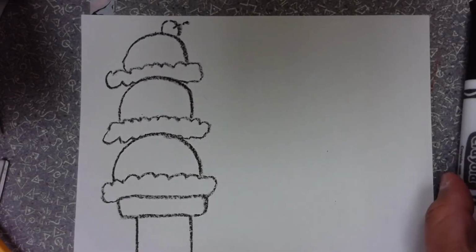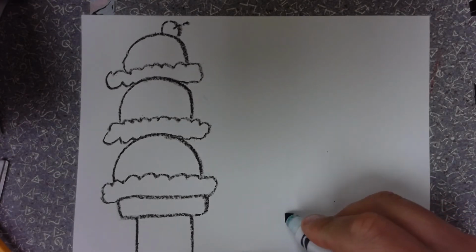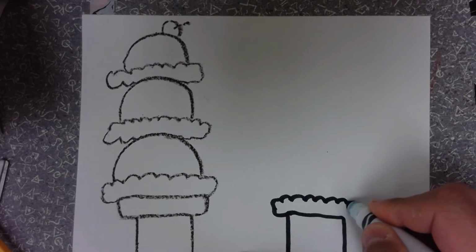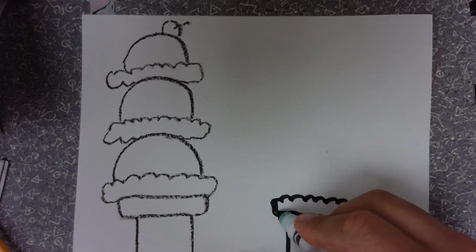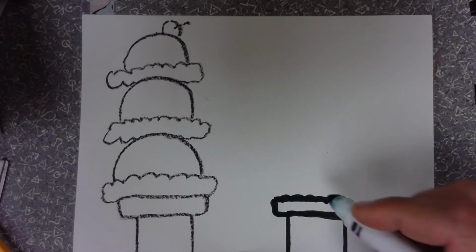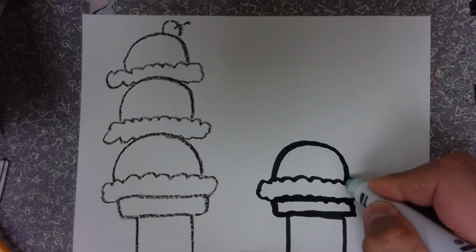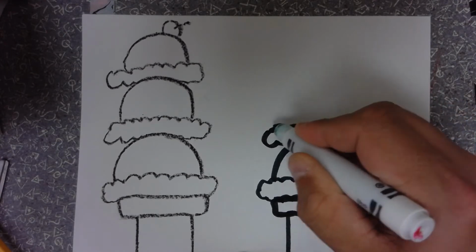Now I'm going to make one on the other side. Now if you have just markers, you'll make 2 marker ones. If you have just crayons, you'll make 2 crayon ones. If you have crayons and markers, you can make both. Oh, I kind of messed up. I'll just make that into a square now. So I got my bottom of my cone. I'm going to make my first scoop, second scoop,